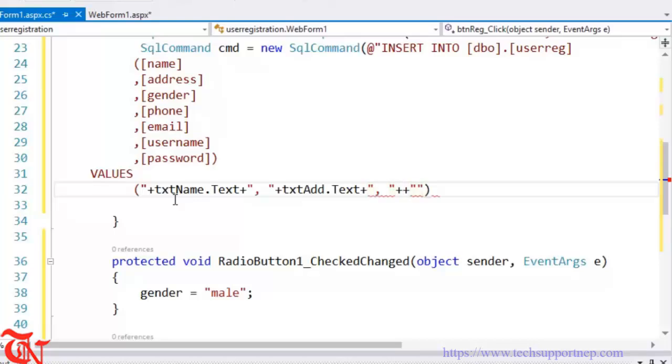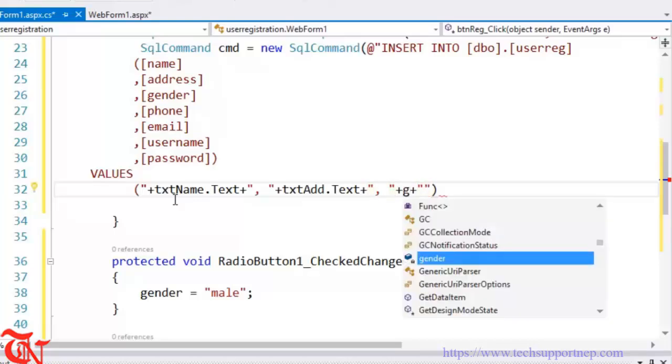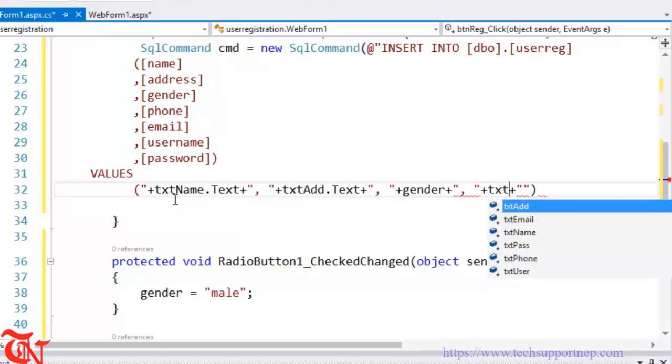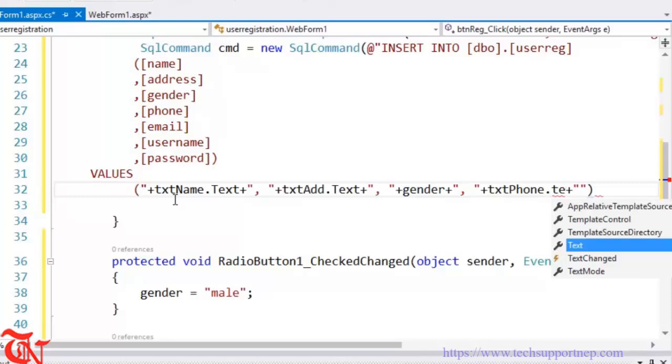Similar process. Here goes the gender. We defined the variable gender, so pass the gender here, and here goes txtPhone.Text,